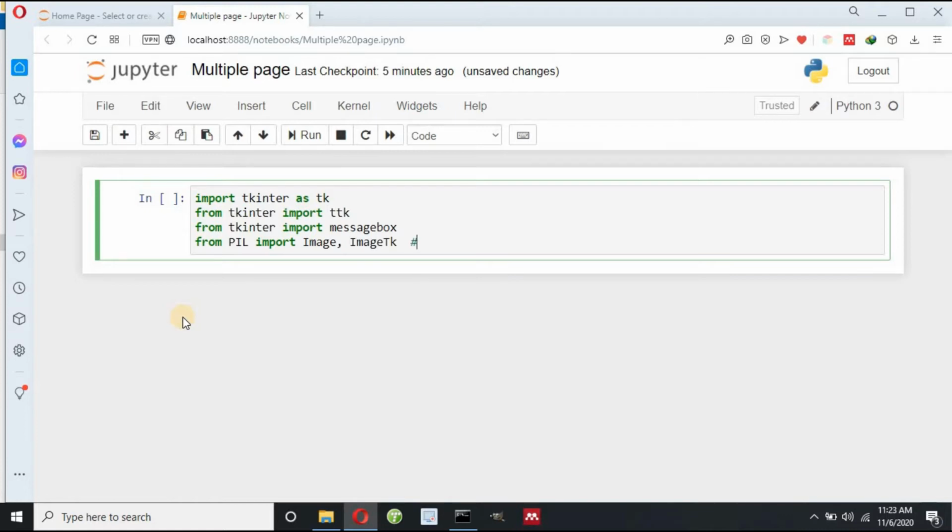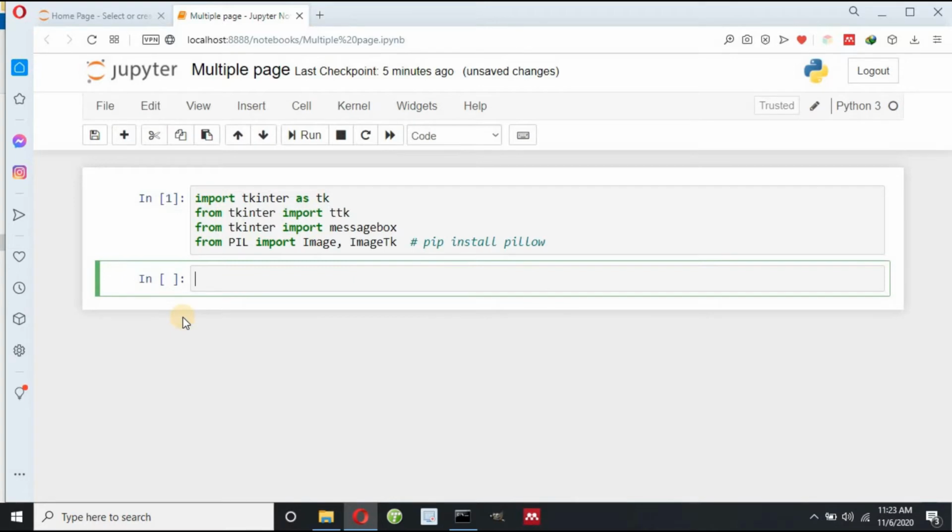To install PIL, you can write pip install pillow in your command prompt. Now let me press shift enter for execution.